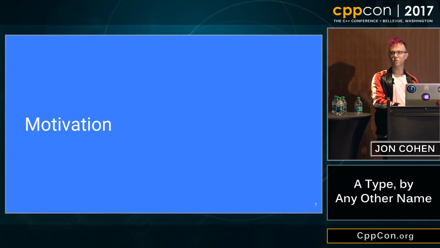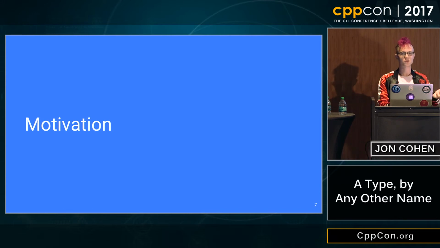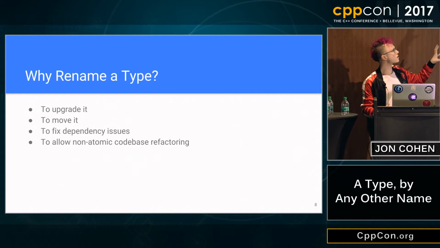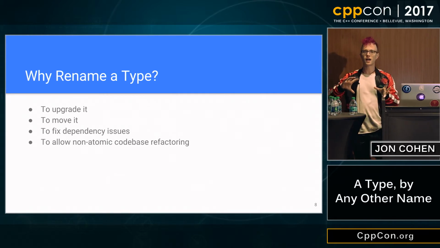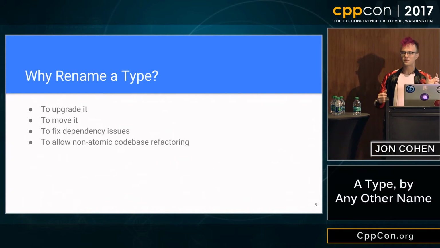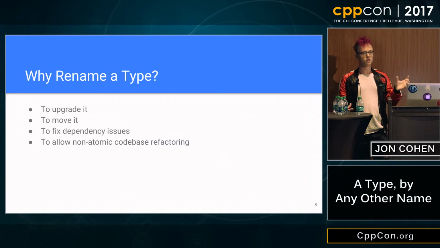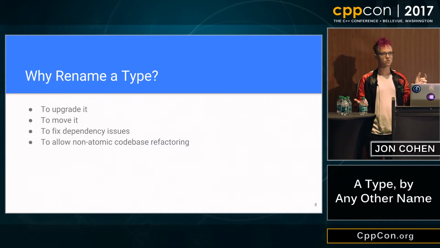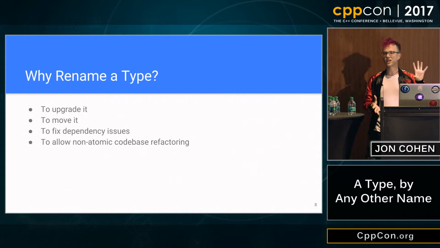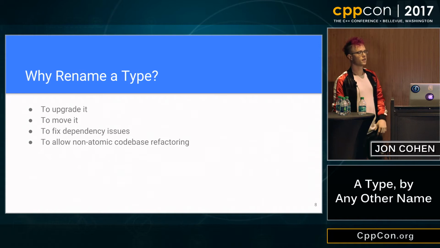So why would we even want to rename a type? We're just changing a name. Is that a big deal? I think it is. You might want to do a lot of things. All of these up here are kind of dancing around the idea that a name has meaning. A name refers to a bunch of data and a bunch of behaviors. So when you refer to a name, you're implicitly referring to everything that type could possibly do or you could do with that type. And by changing a name, you can gradually change the meaning of your code in a better way.